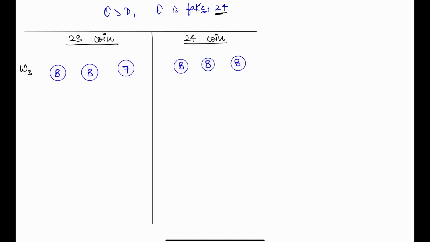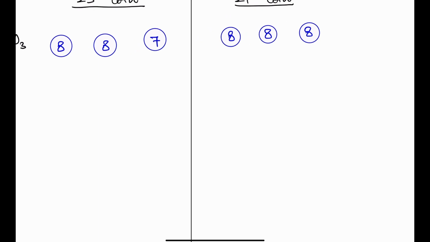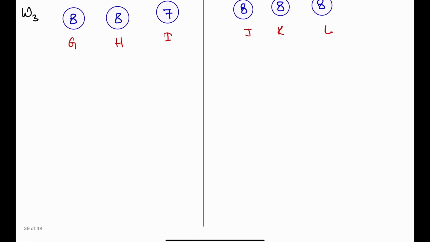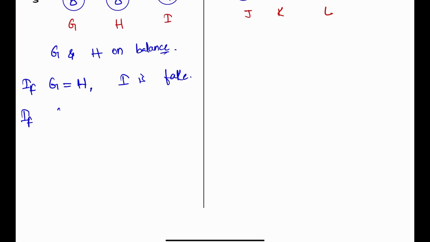So what will we do in this one? DEF is done. GHI, let's take GHI, JKL. So we will keep G and H on balance. If we keep both of them on the balance, if G is equal to H, then I is fake, right? If G is less than H,